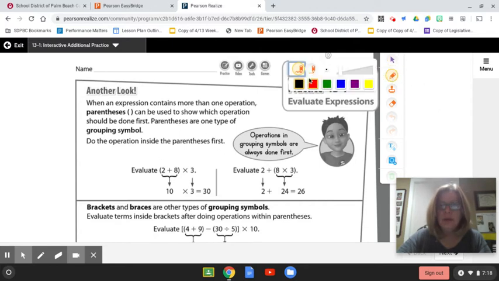I'm going to take a pen. I'm kind of still learning this. Okay, so first you're going to do what's in this right here. So you do 2 plus 8, that's 10. Okay, and then you bring that down and you times the 3 and you get 30. Okay,